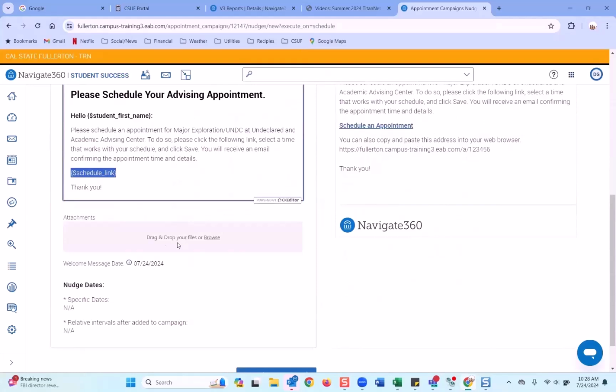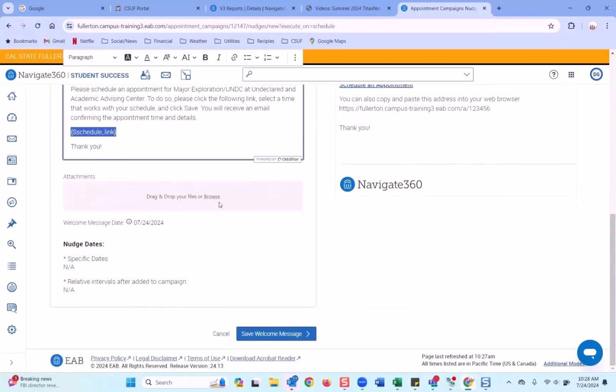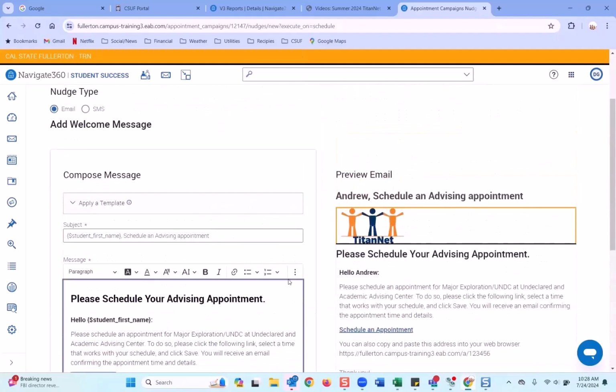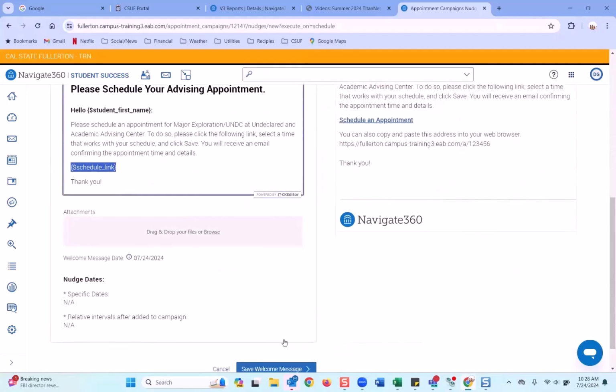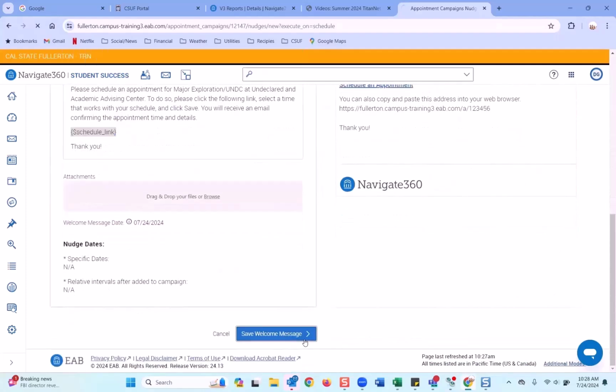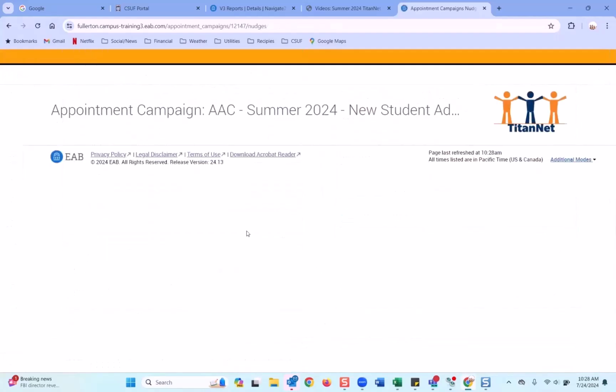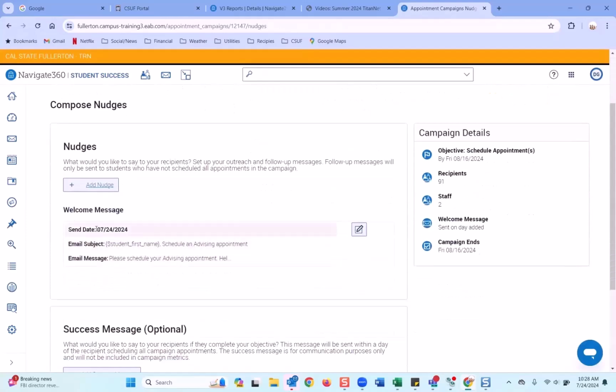You can add attachments here. So if there's an attachment you want, you can add that as well. And then basically, if everything looks good, you can just save the welcome message. So the welcome message has been created, but maybe you also want to add additional nudges or communications. So this one here,